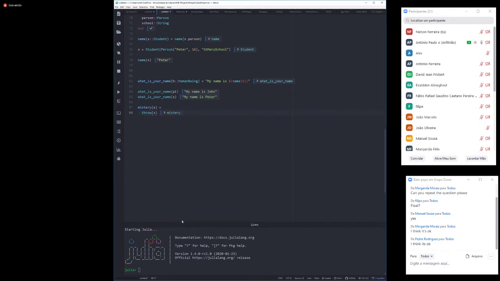Now, if I use this function, and I will use it here in the REPL, just to make it clear, let's say I call mystery 1, you will get an error. Because when you throw something, Julia expects that someone will catch it. And if there's no catch available, you will get an error. It will be recognized as an error. So this is like